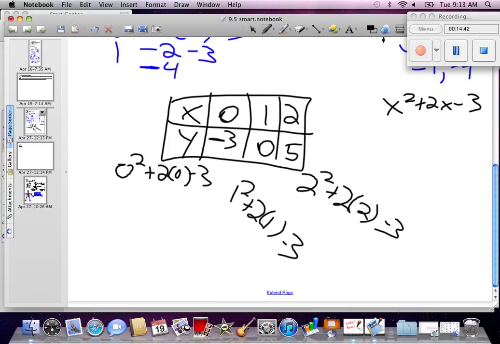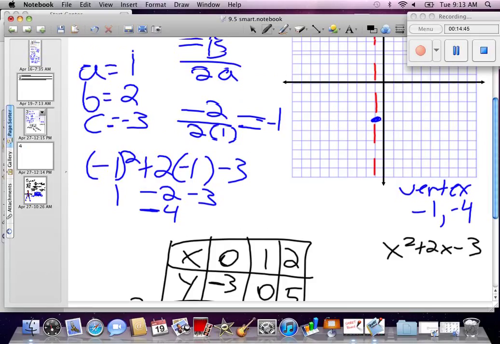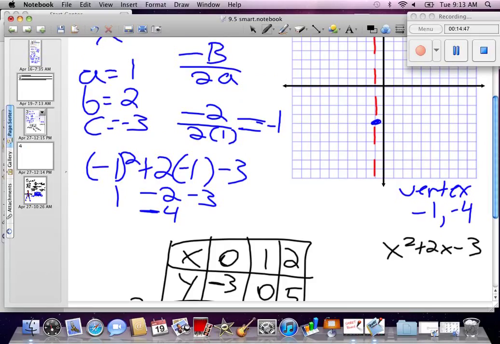Okay? Then I go back up with my nice little chart now, and I'm going to plot those points. When x is 0, y is -3. When x is 1, y is 0. When x is 2,